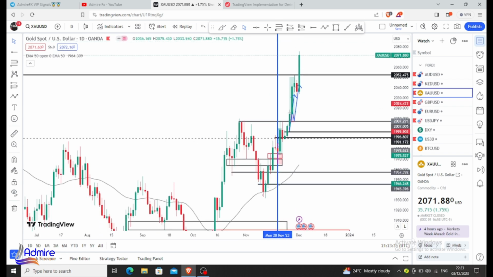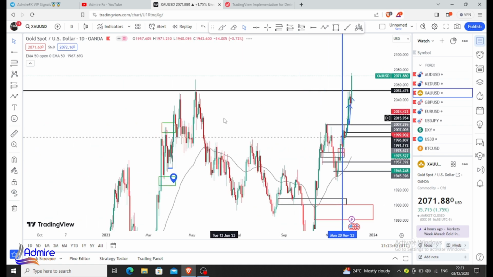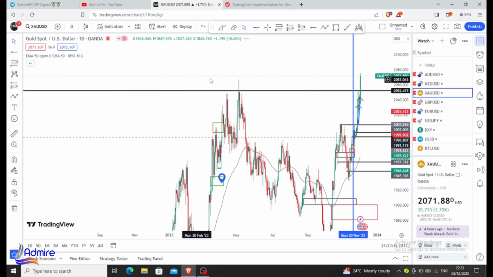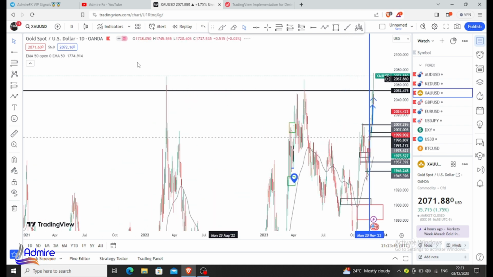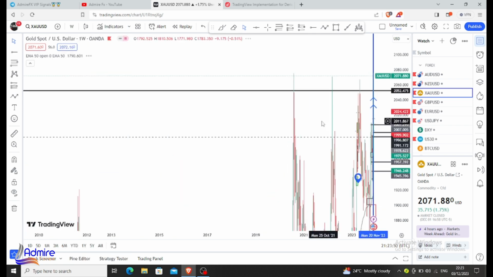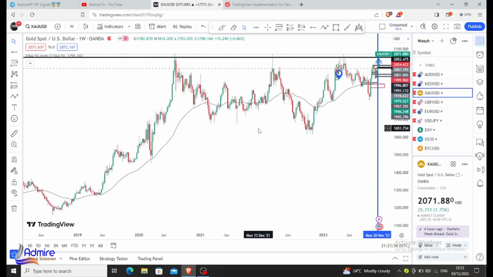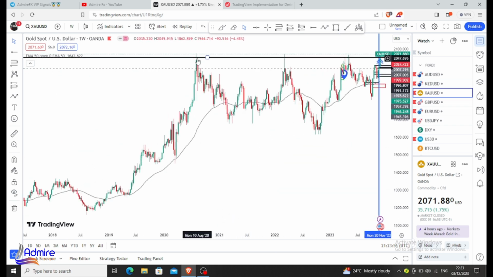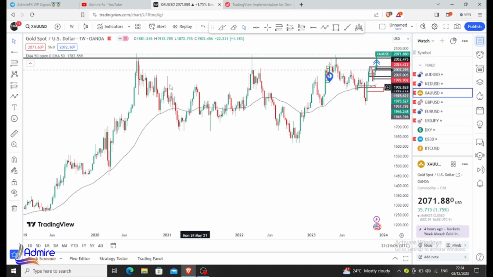Okay, so looking at a higher time frame, looking for the next possible area. So gold has actually broken out of these highs. Okay, the 4 hour, the daily time frame highs, in which we have been looking forward for gold to break out. And it's not just there. If you see, gold has been in a range since 2020. Gold has been touching this area.